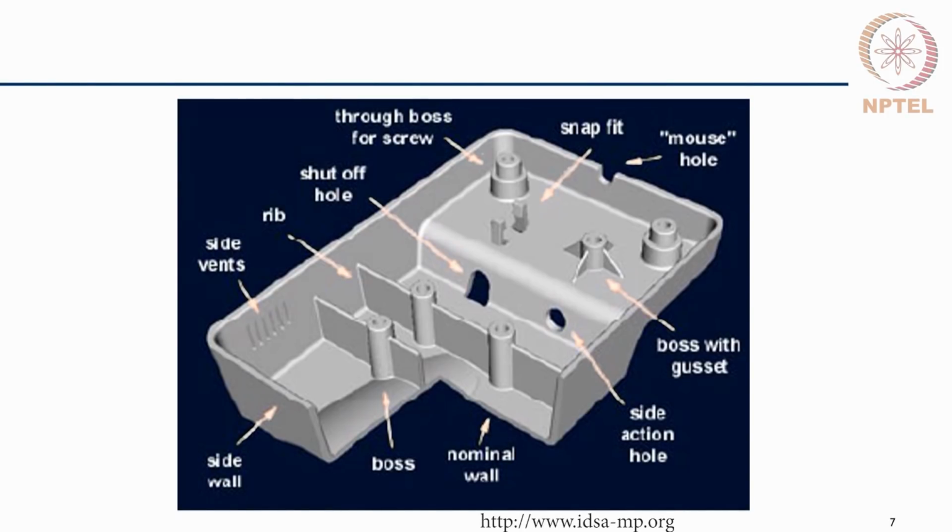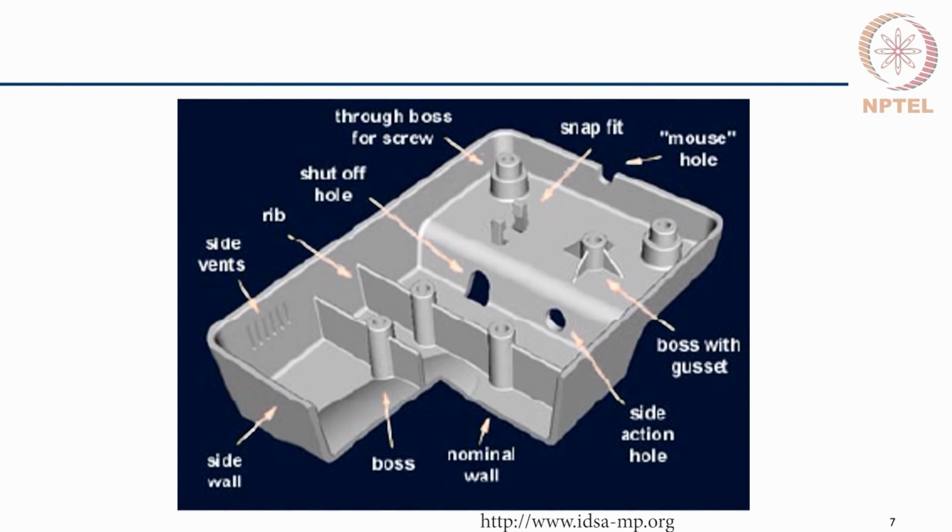Before we see the process, let us understand certain terminologies associated with plastic components. Typically, plastic components are thin components, shell like structures, and for stiffening the structure we use ribs and webs, and bosses wherever we need to have some interfacing elements, wherever this plastic component has to interface with other components, like placement of some other component onto this structure.